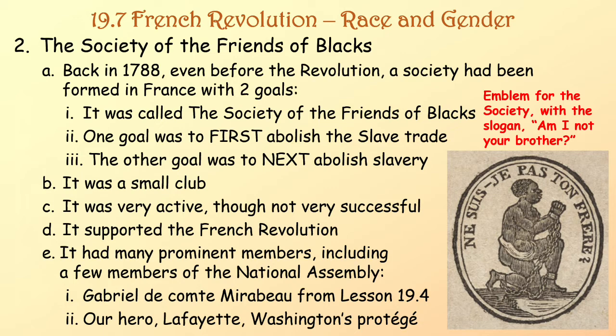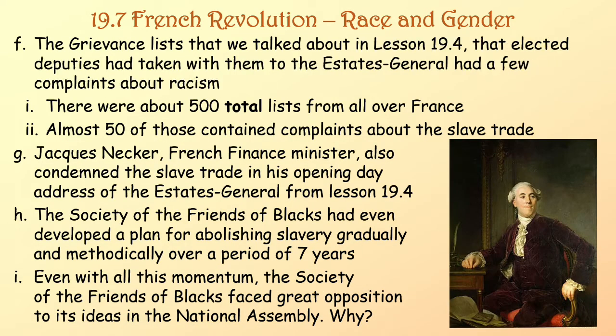Gabriel de Comte Mirabeau from Lesson 1904, and our hero Lafayette, Washington's protege. The grievance lists that we talked about in Lesson 1904, that elected deputies had taken with them to the Estates General, had a few complaints about racism. There were about 500 total lists from all over France. Almost 50 of these contained complaints about the slave trade. Jacques Necker, the French finance minister, also condemned the slave trade in his opening day address of the Estates General